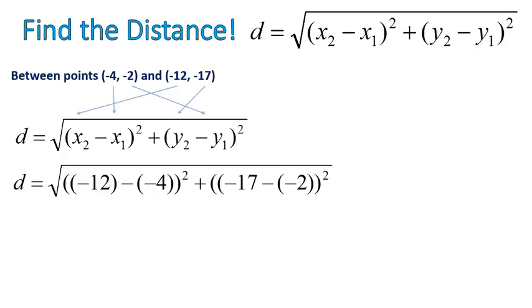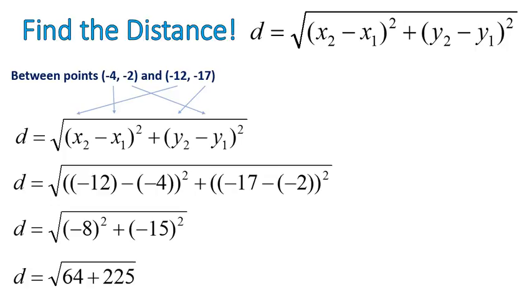And this is going to be a little bit complicated if you don't know the rules for adding and subtracting positive and negative numbers, which hopefully is kind of a prerequisite to being able to do this. But -12 minus -4 is the same thing as -12 plus 4, which would give you -8. -17 minus -2 is the same thing as -17 plus 2, which would give you -15. When you square those numbers, they become positive. -8 times -8 is positive 64. -15 times -15 gives you positive